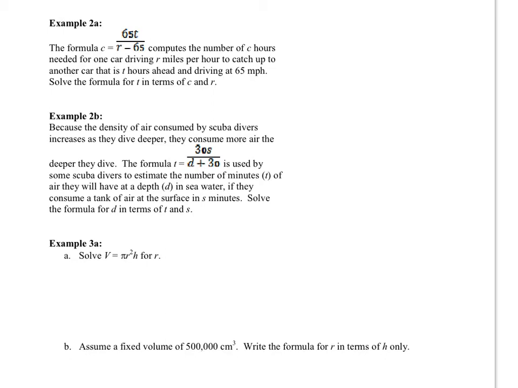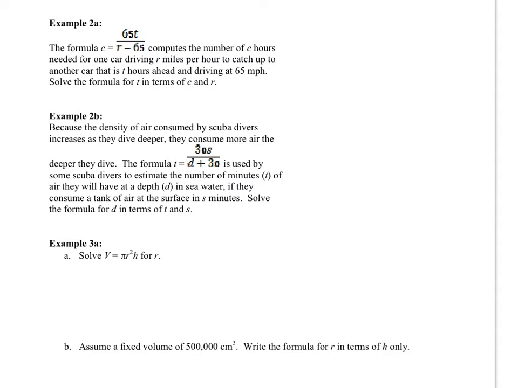Okay, this is the second part to lesson 1.7. We're going to use some different formulas just to keep practicing being able to isolate variables in the formulas and solving for different information. So example 2a, the formula C equals 65t divided by r minus 65 computes the number